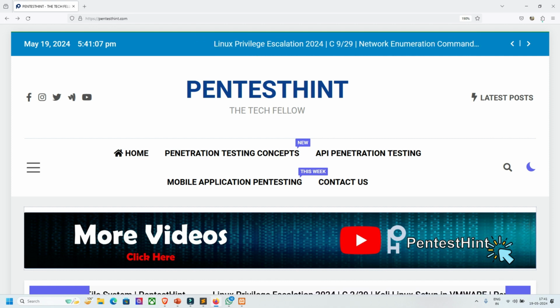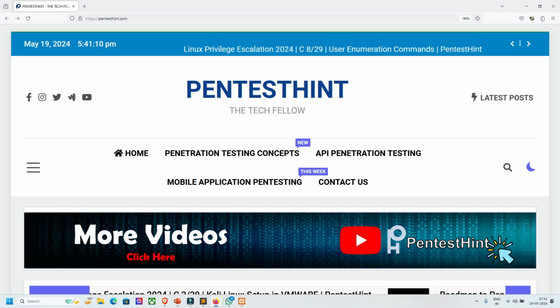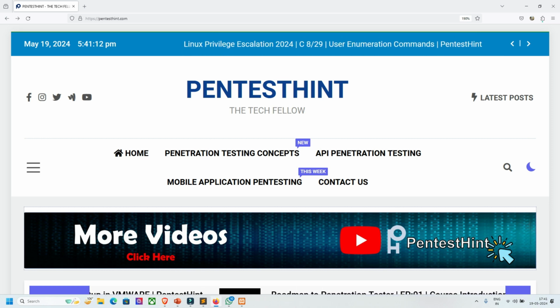Other than that, there is active reconnaissance, which involves directly interacting with the target site to gather information. Some common methods are port scanning, network mapping, fingerprinting, brute force directory, and file enumeration. So we can try these methods also. There are some popular tools as well for WordPress reconnaissance, like Nmap, Burp Suite, theHarvester, Google Dorks, or WPScan. In this video we're going to discuss WPScan,